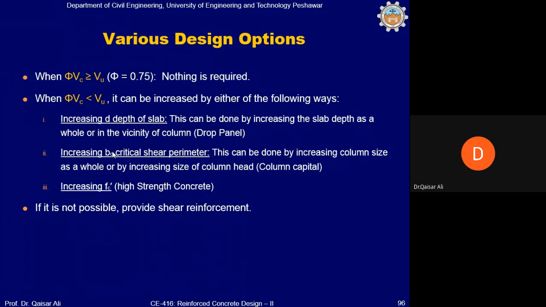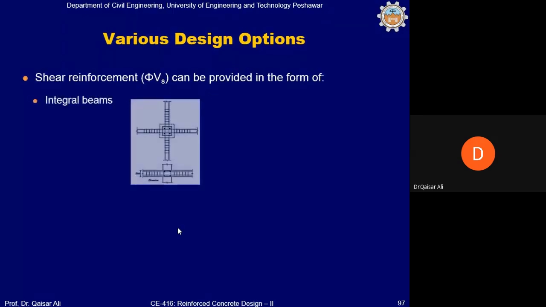B naught can be increased by providing column capital. Similarly, we can also increase FC prime, because FC prime is also a function of 5VC. However, if none of these is possible, then we will provide shear reinforcement. Okay, and shear reinforcement can be provided in the 4